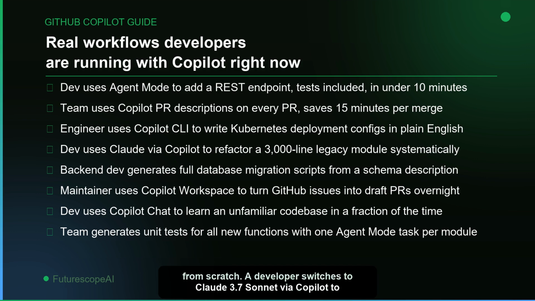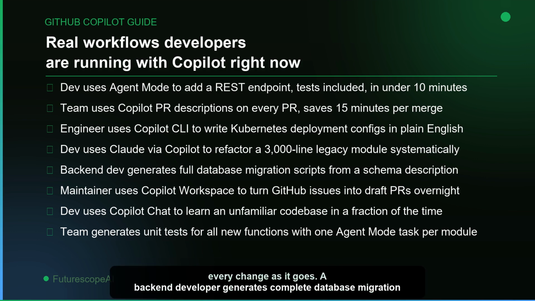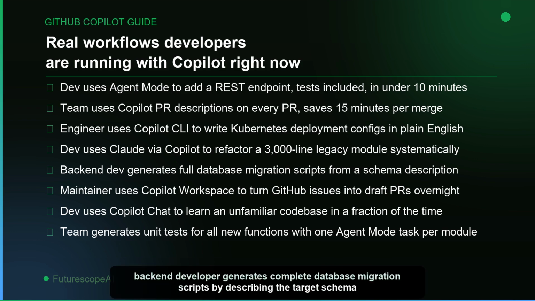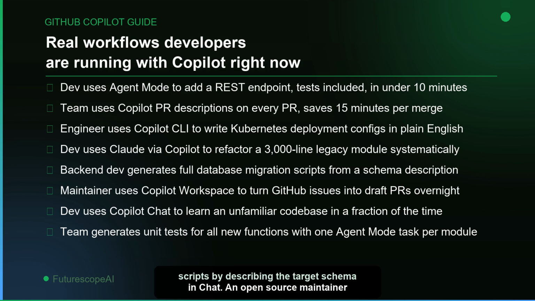A developer switches to Claude 3.7 Sonnet via Copilot to systematically refactor a 3,000-line legacy module, with the model explaining every change as it goes. A backend developer generates complete database migration scripts by describing the target schema in chat. An open-source maintainer uses Copilot Workspace to turn pending GitHub issues into draft pull requests overnight, ready to review the